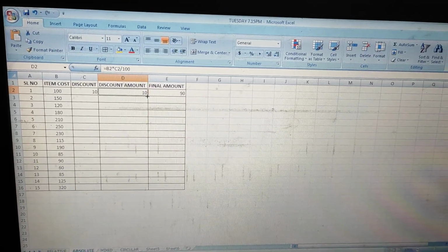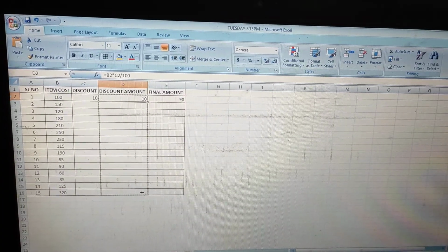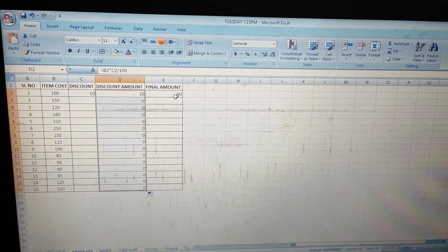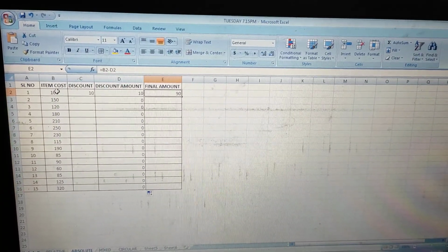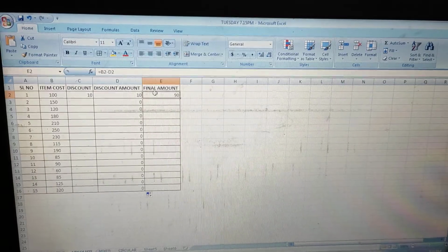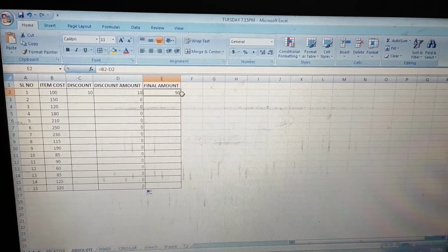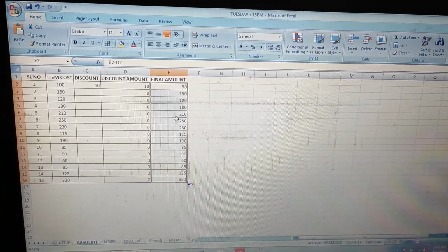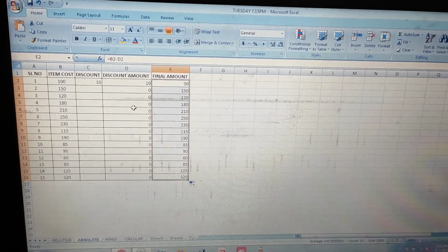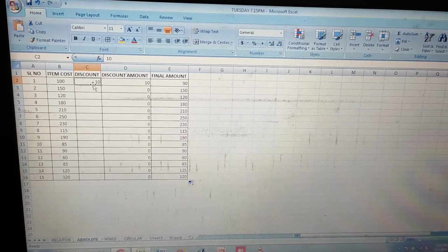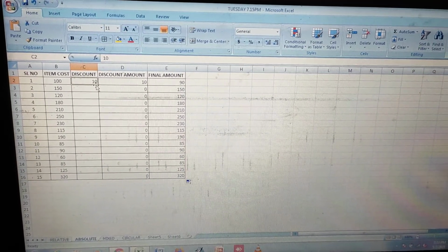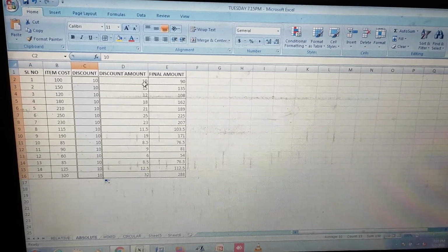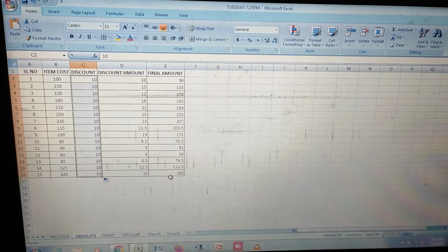Now we want to copy this here. Okay, no problem, it is copying here. And here, suppose the final amount is B2, that means the item cost minus the discount. This one also we can copy here. So when we are copying, that means it is relative cell referencing. Automatically it will be copied. Now suppose we want to give discount to each and every item. So this one also we have to copy. Then only our formula will work for all the items. Now you see, we will get the discount amount and the final amount will appear.